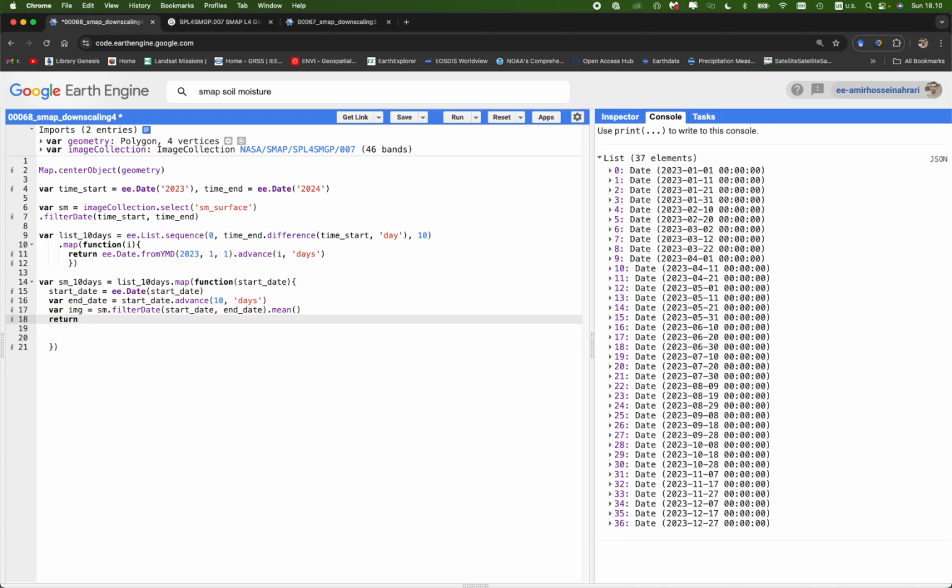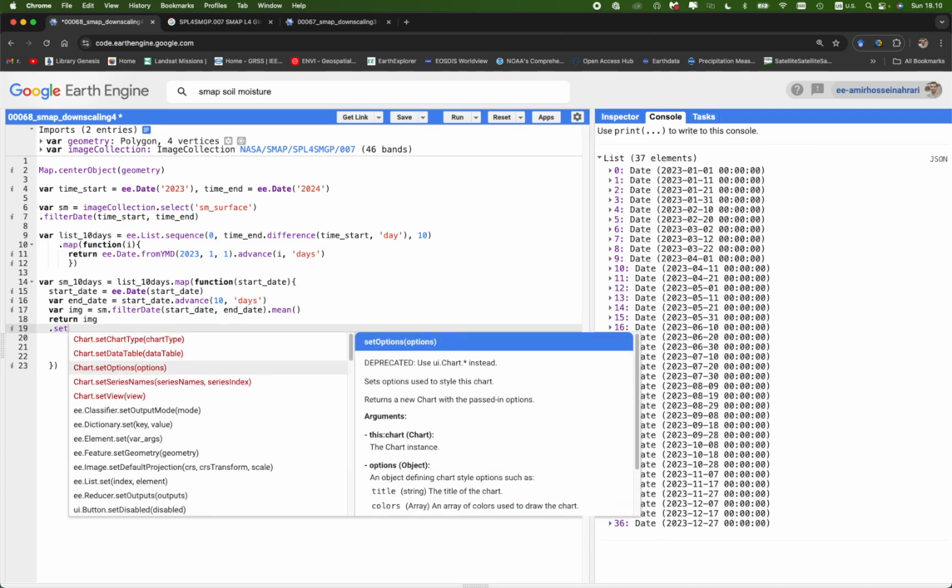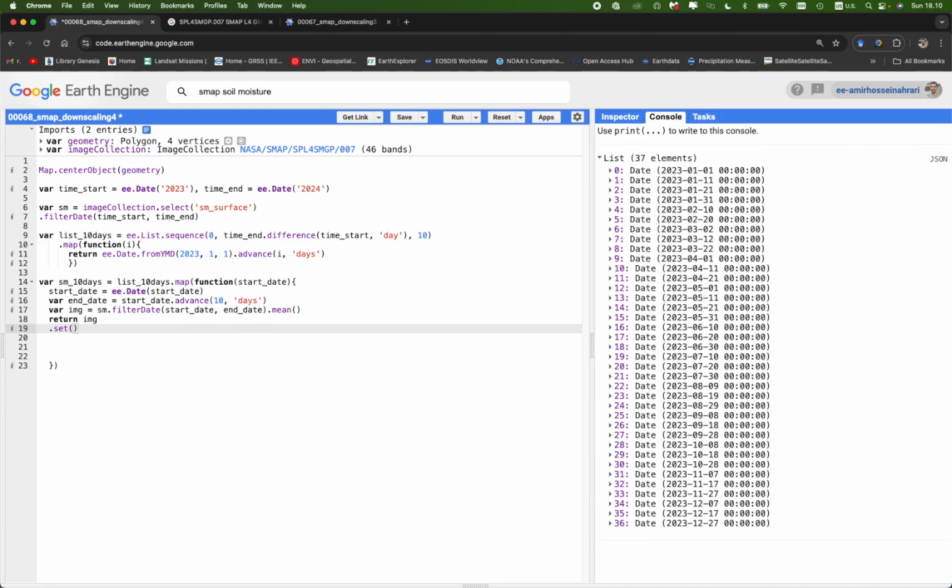The code returns the final image, but the final image needs a new system time start and system time end, because it is an average of 10 days based on the new start date and the new end date, and it also doesn't have the 3 hours interval anymore. That's why I'm setting new properties using .set system time start equal to the start date or new date